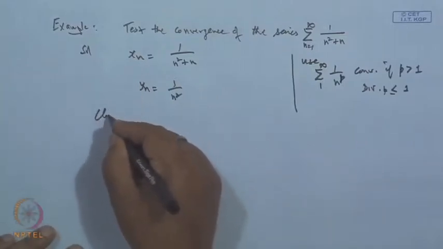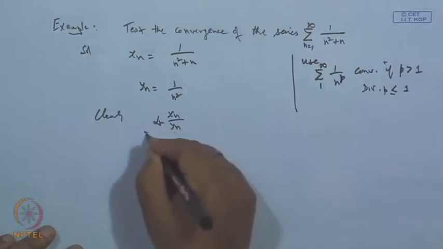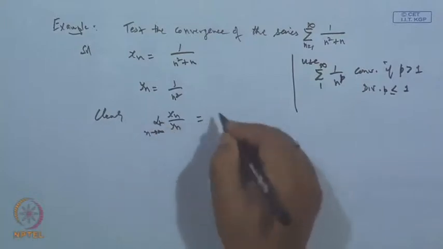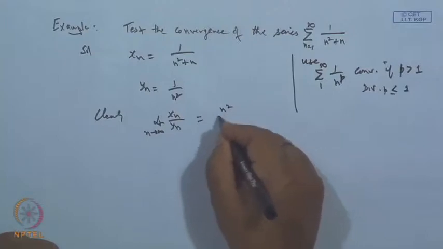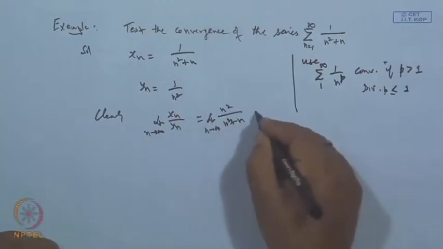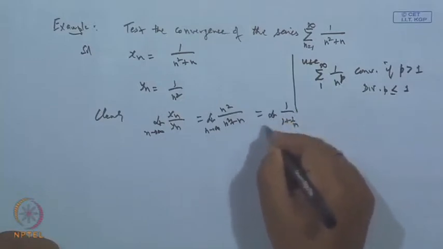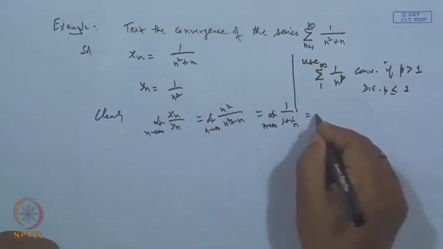Clearly, the limit of x n over y n when n tends to infinity is n square over n square plus n, divide by n square, so 1 over 1 plus 1 by n, and the limit as n tends to infinity,